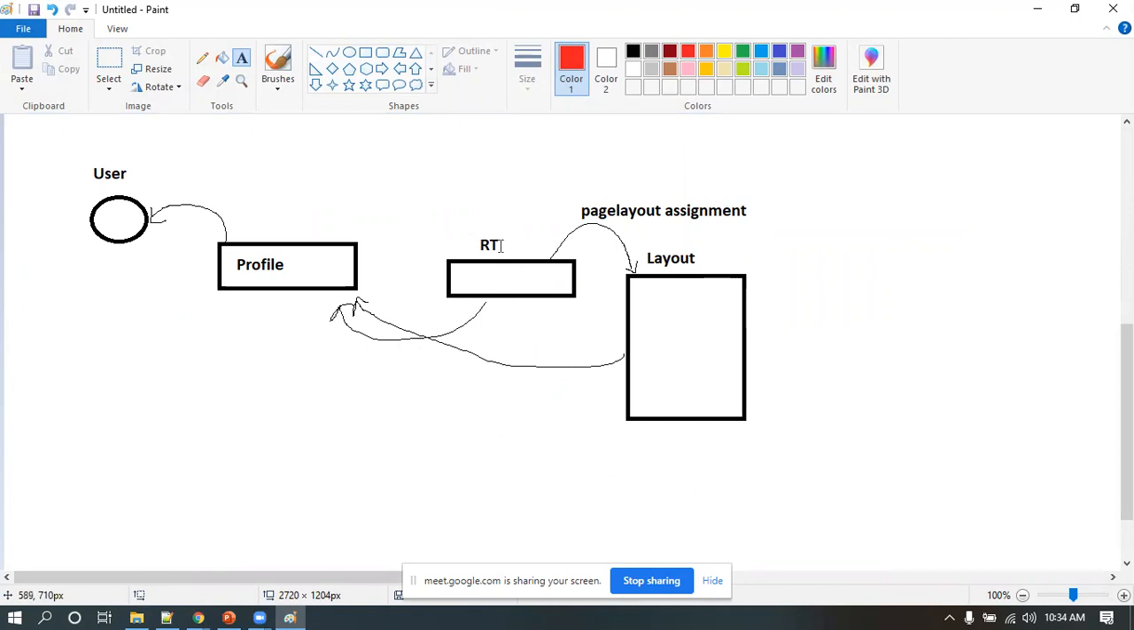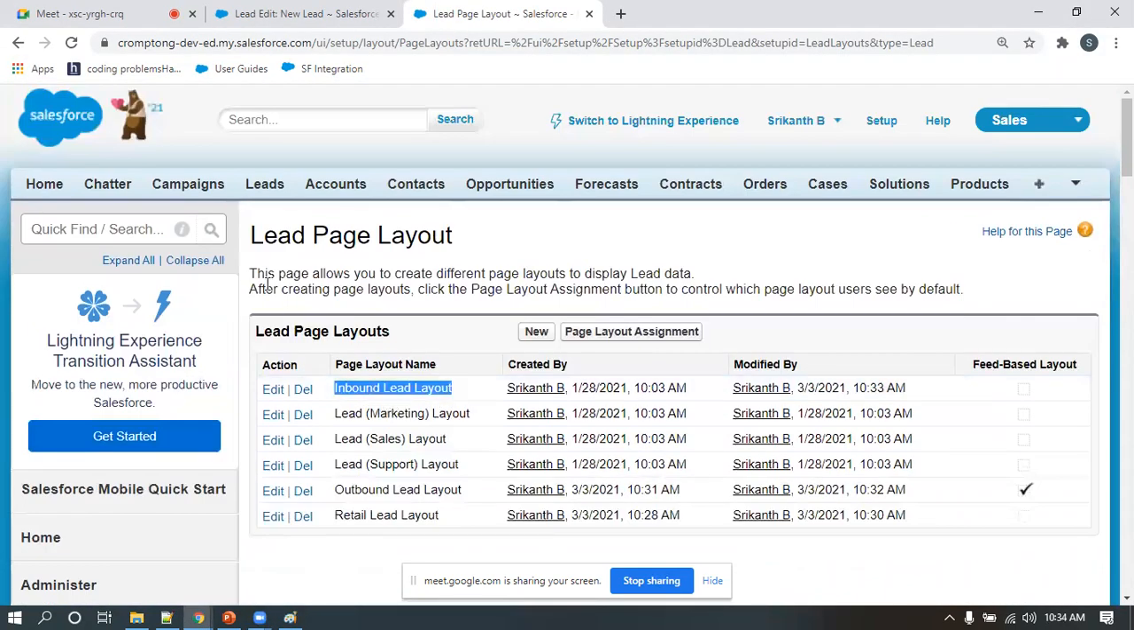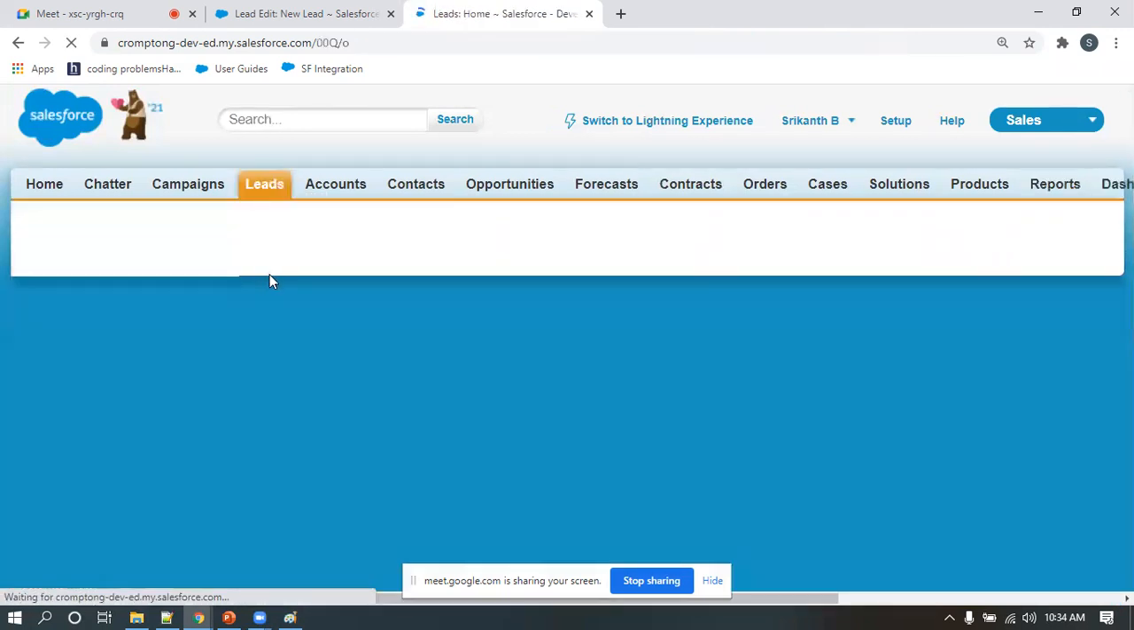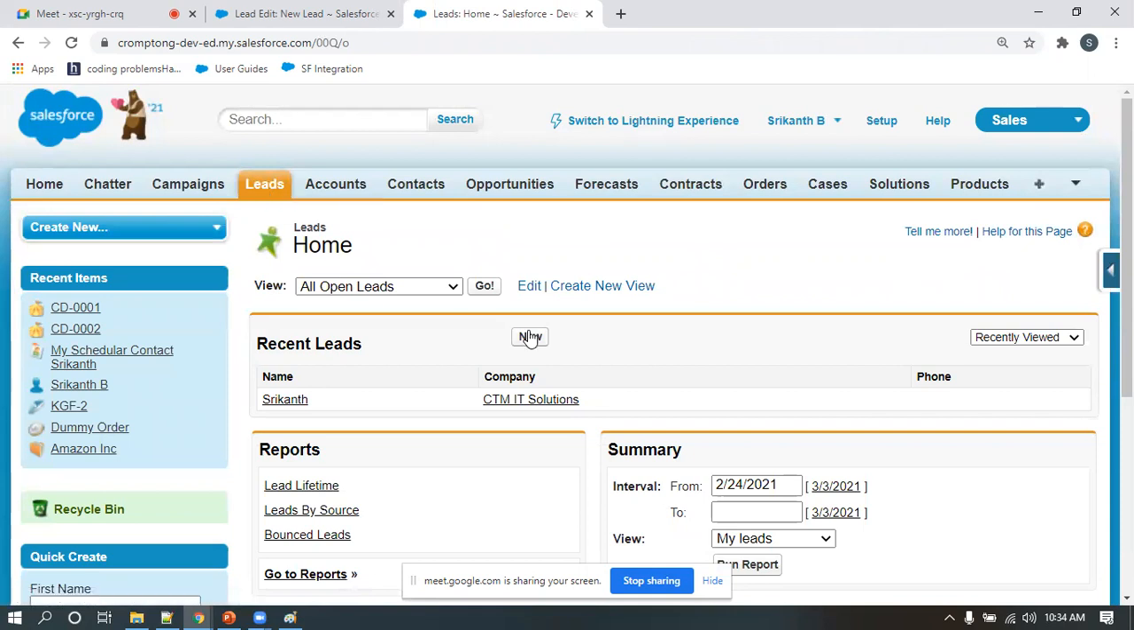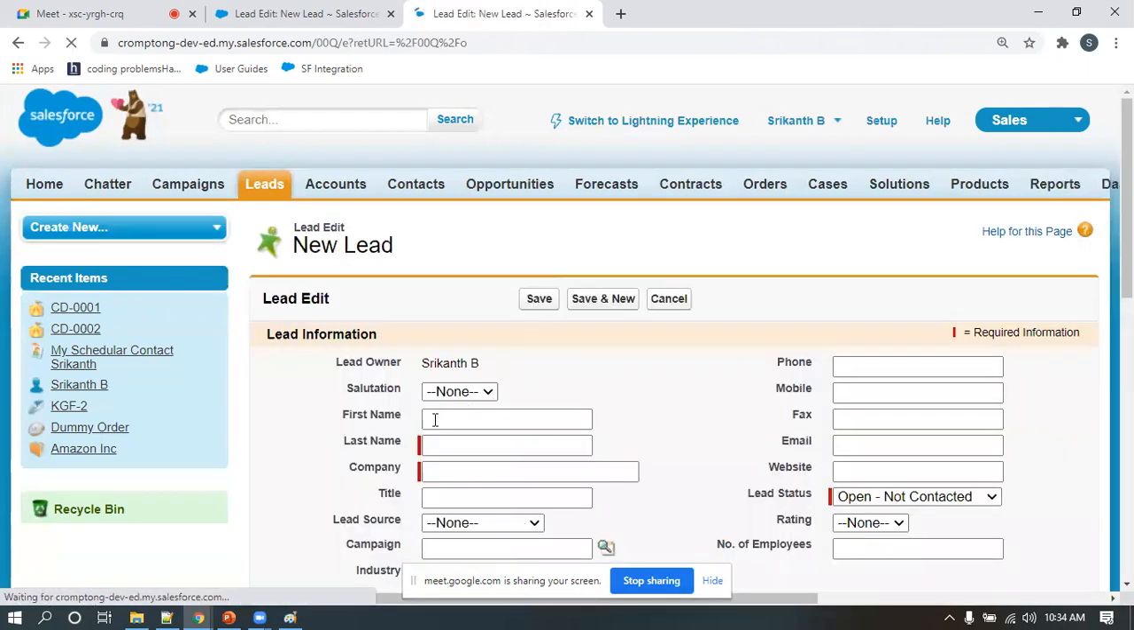So now we have to create record types. Before creating a record type, just go and click on the lead tab one more time. So when you click on the lead tab, when you click on the new button, it is not asking whether you are creating the retail lead, the outbound lead or an inbound lead. It simply opens the layout, right? Wait for the time being. Now, click on setup,